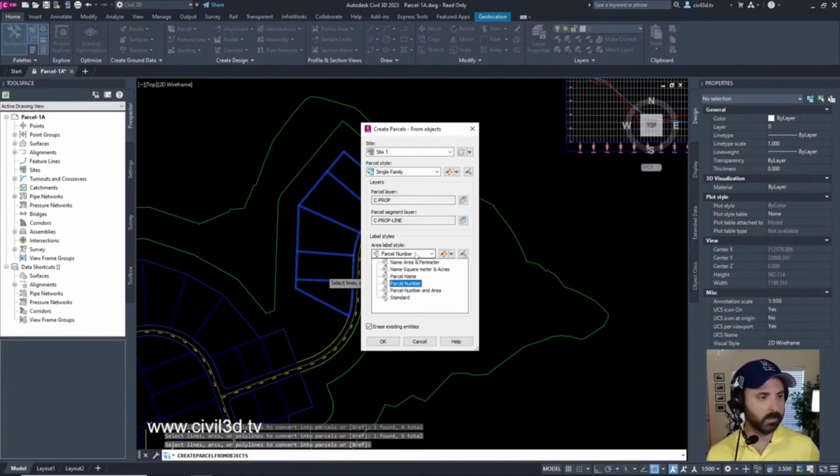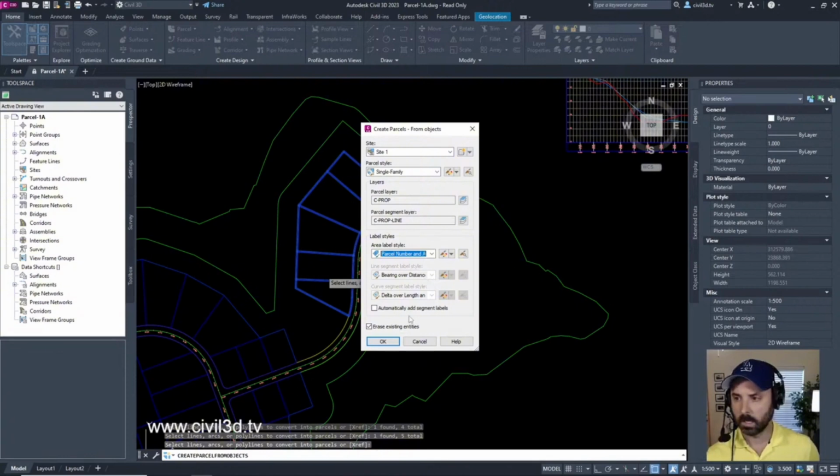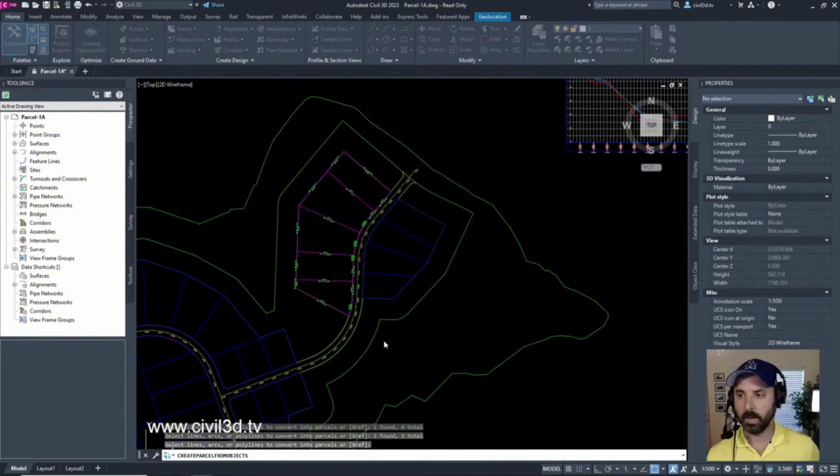Area labels, we're going to select parcel number and area. We're going to automatically add the segment labels, so make sure that's checked. And we're going to erase existing entities. Then we're going to click OK, see what happens.